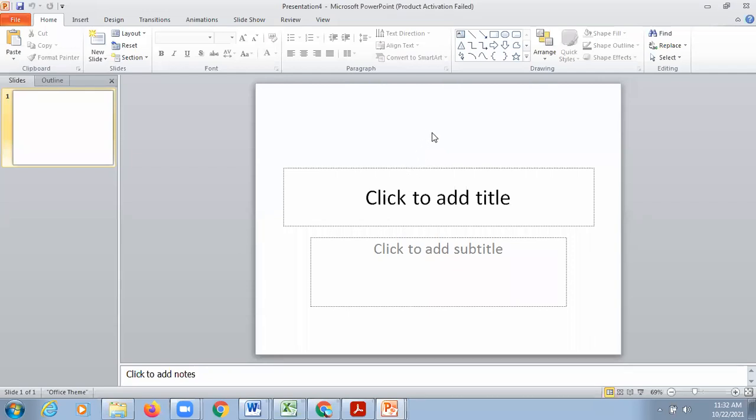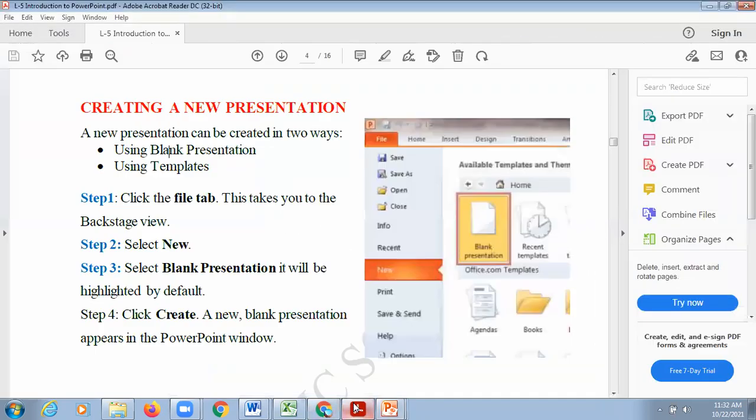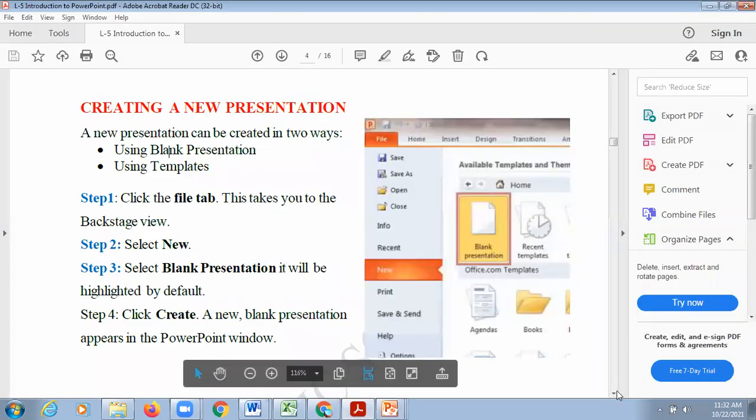So you have to start from scratch. You have to give colors, you have to add text, you have to add pictures by yourself. Everything you have to do by yourself. तो इसका मतलब आपकी खुद की designing है. Now, but here also we have many different options. Let's move forward.